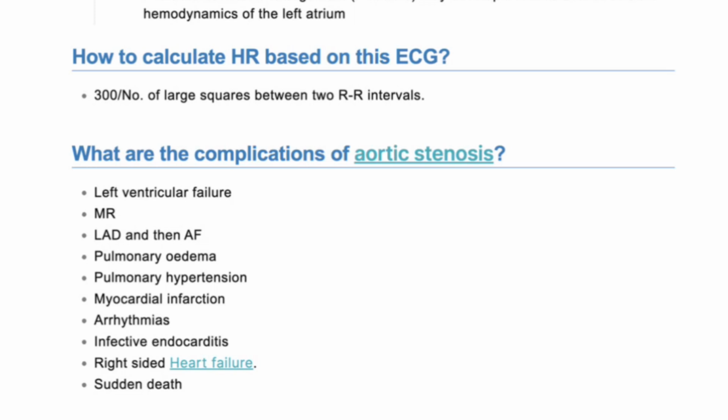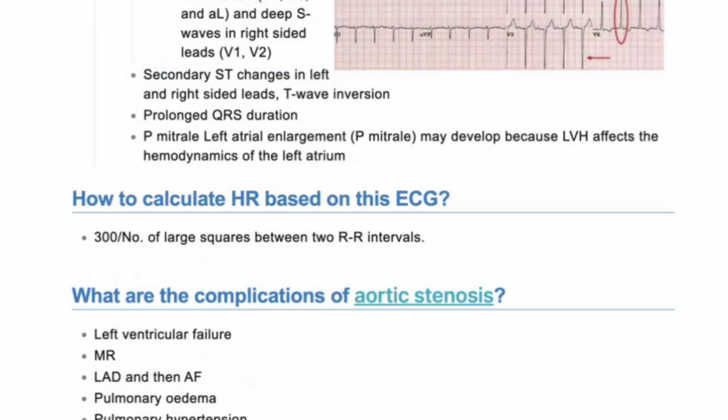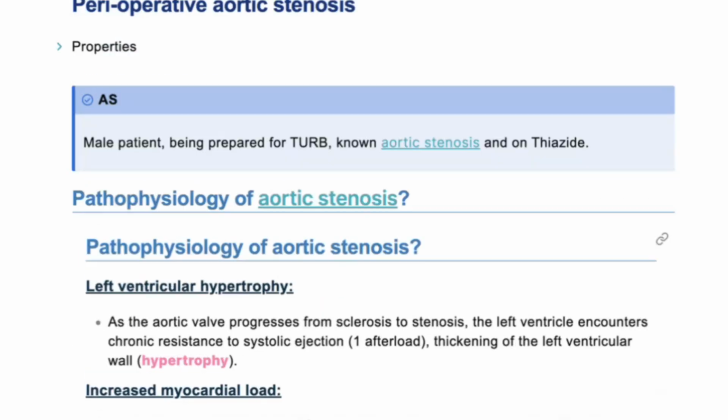So you're acknowledging the actual problems that are going on. So in this patient, I'm asking you, what investigations will you do? So you need to acknowledge the stem. You need to go back to the stem and say, well, I'm quite concerned about this patient. They're going through bladder resection, potentially for a cancer if it's mentioned, and they do have aortic stenosis, and they're currently on thiazide, so I'm quite concerned about them. I'll do some labs, and that will include the basic bloods, specifically U&Es,